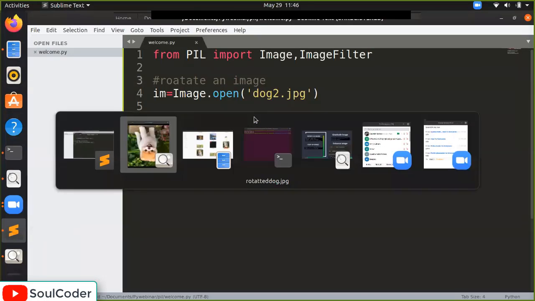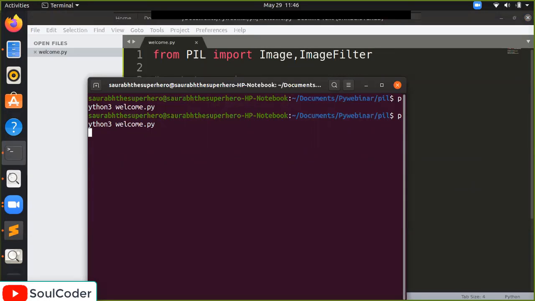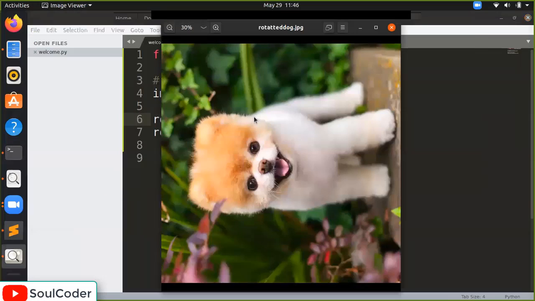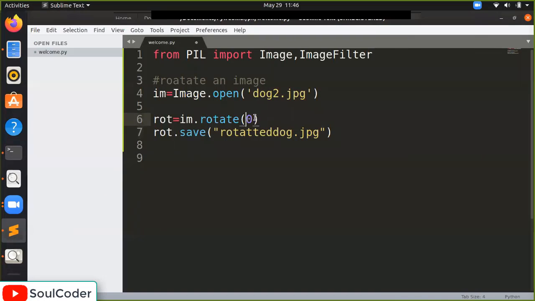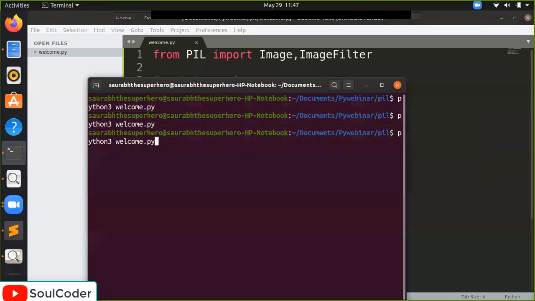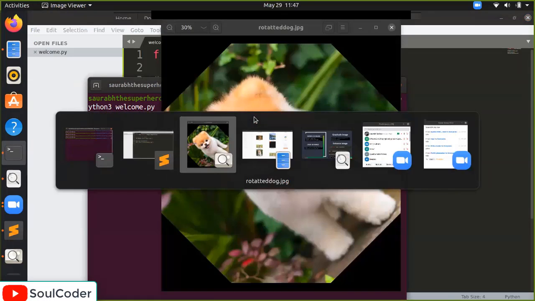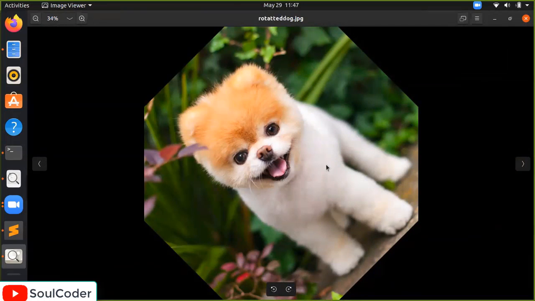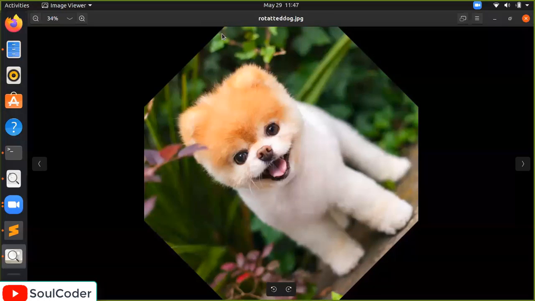You will try. Okay, what 45 looks like. But the part which is not proper, it will be replaced by the black. This is the 90 degree rotate. Now let's try with 45. Okay. Can you see exactly just like I said, the part which is not there. For example, when you rotate at a 45 degree, the part which is not in the image will be replaced with the black color. It will not look good, but it's okay.